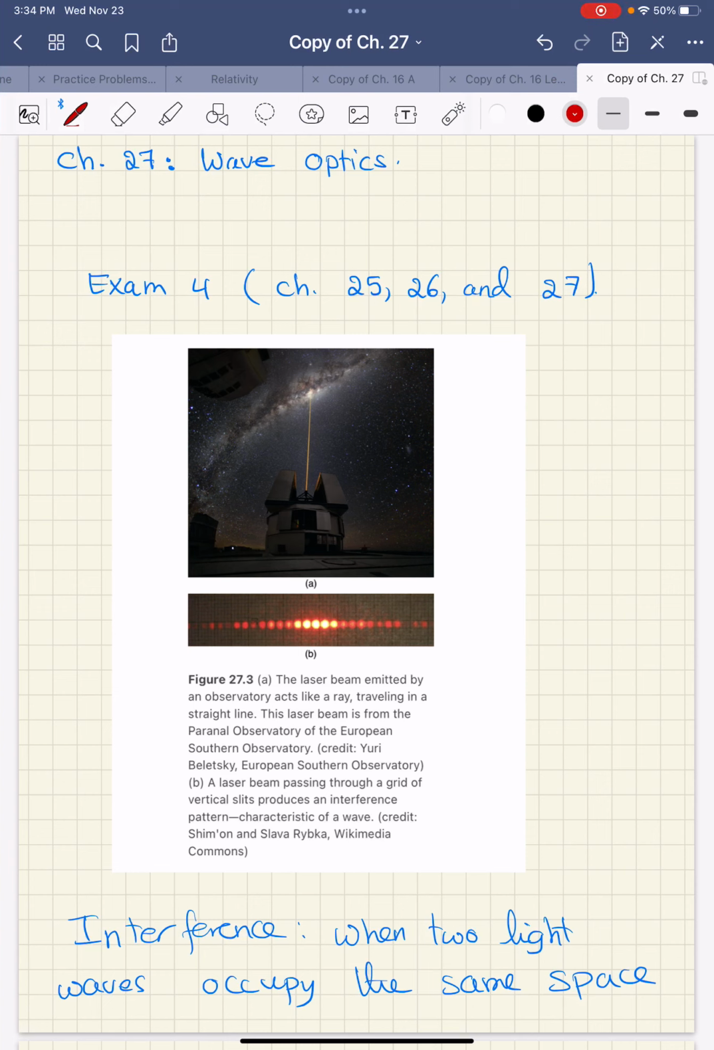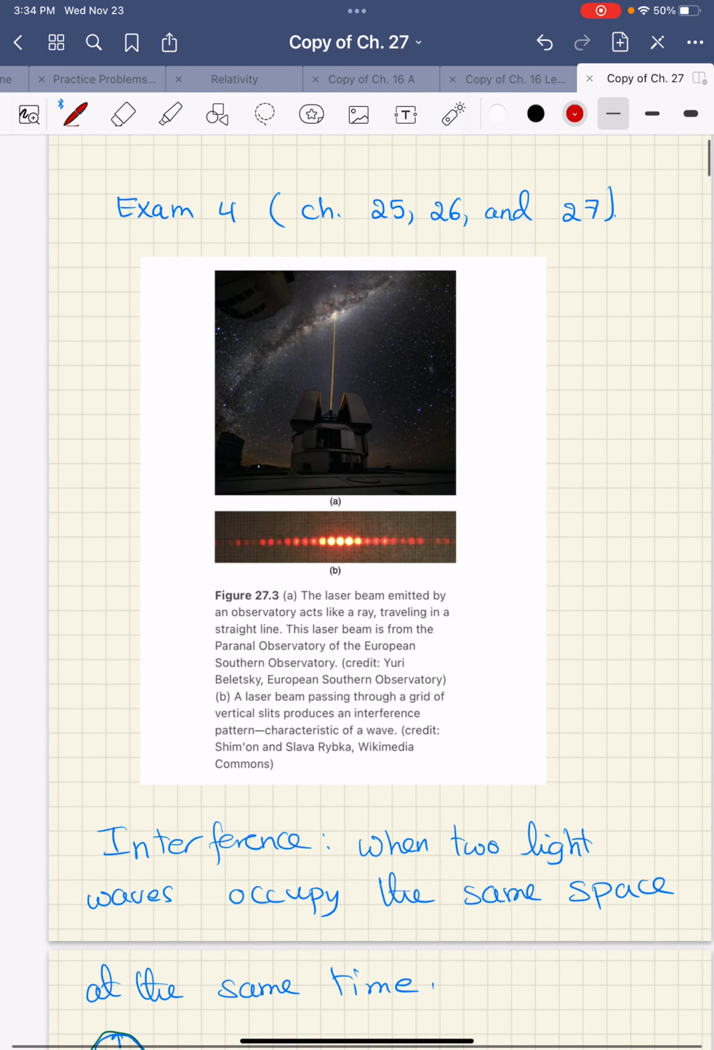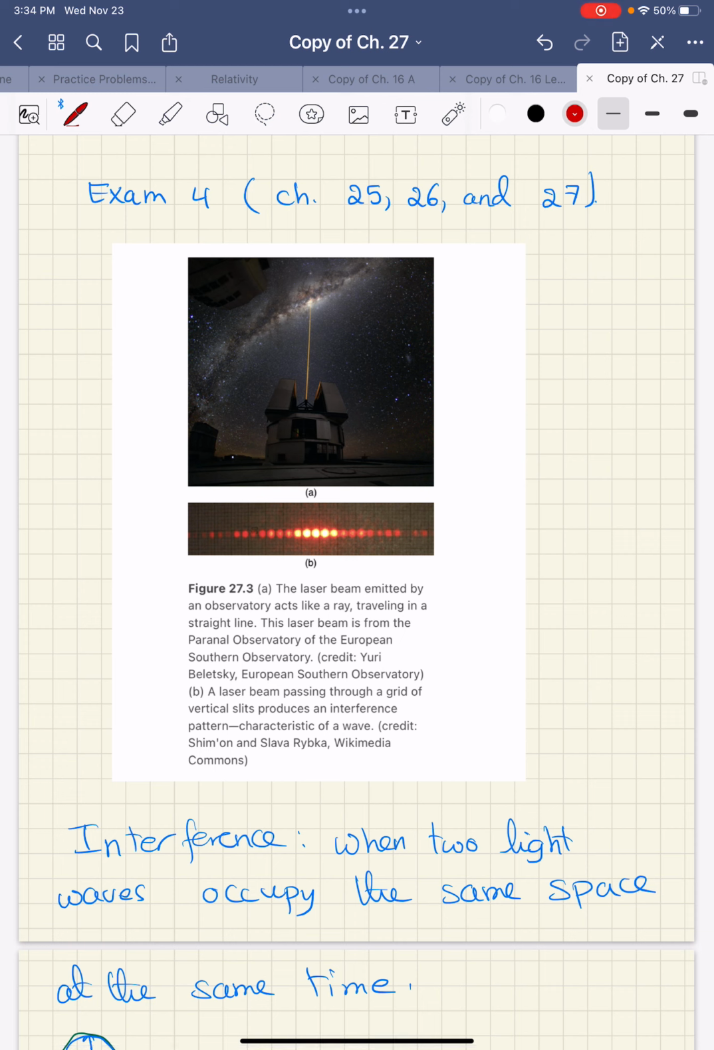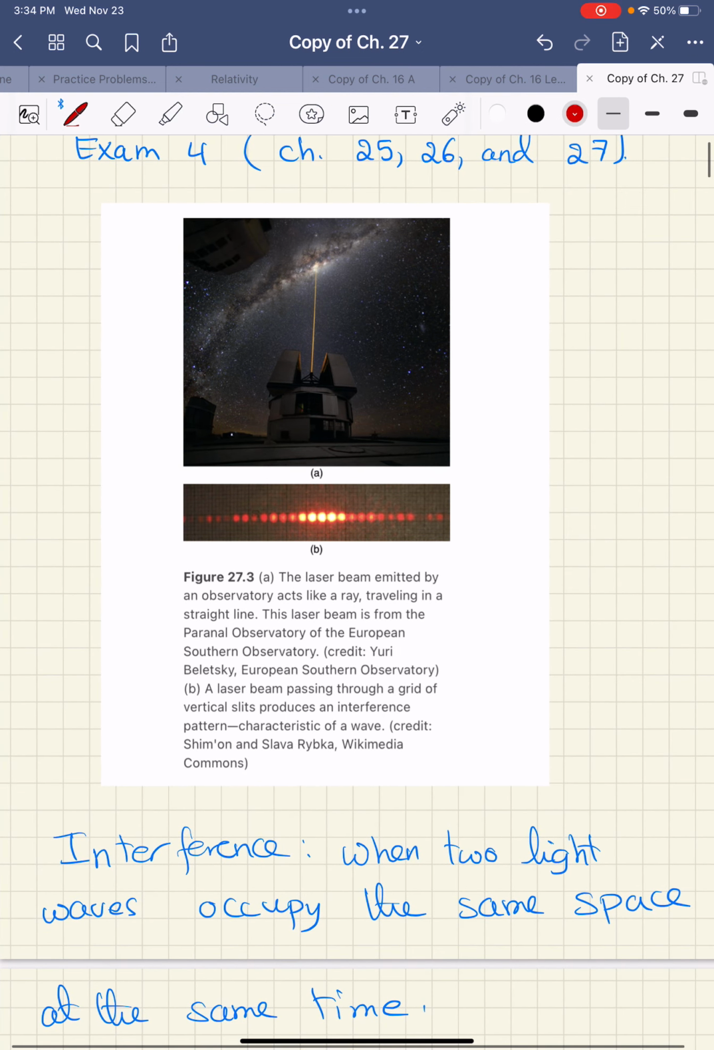Just here, I'm going to start the first part of chapter 27. In chapter 27, we are talking about wave optics. Just a reminder that exam 4 is going to be based on chapters 25, 26, and 27. Okay, now in this picture, you're going to see a laser beam that is emitted,